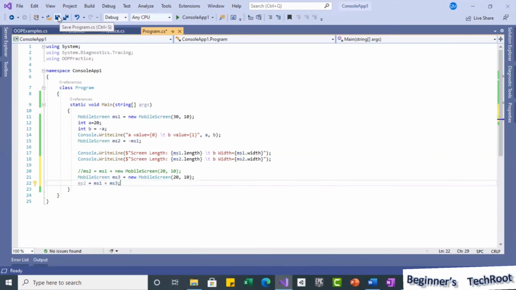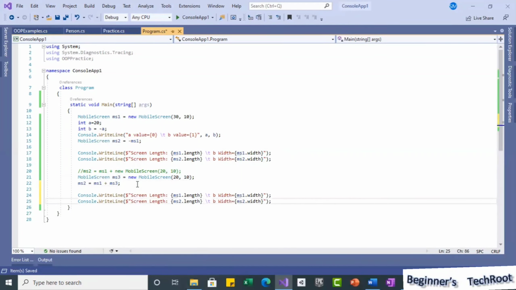So now I will see the result once again. After doing this operator plus, what will be my result of ms1 and ms2?